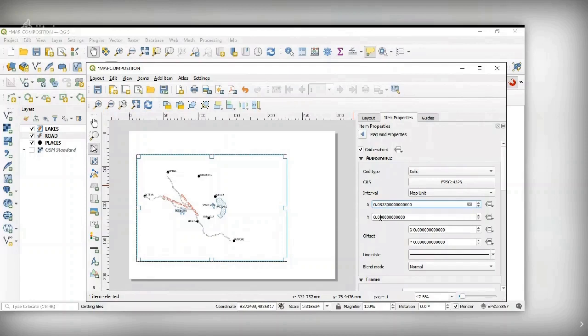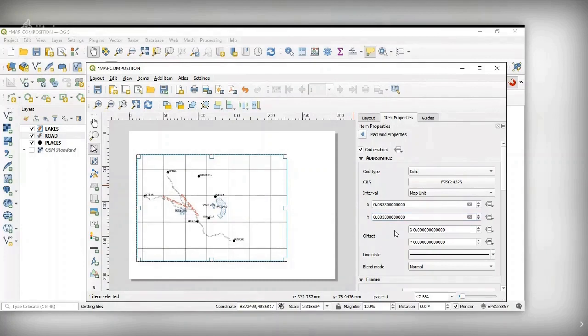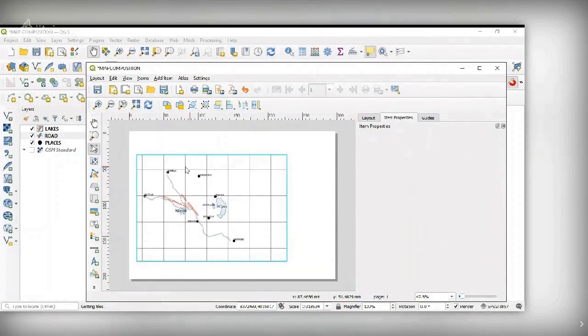So 1 degree, this is in degree. Now I'm selecting the coordinate reference system and say OK. So my coordinate reference system is latitude, longitude, geographic coordinate system with the WGS84, whose number is 4326. So I am defining the coordinate system. And 1 degree is equal to 60 minutes.